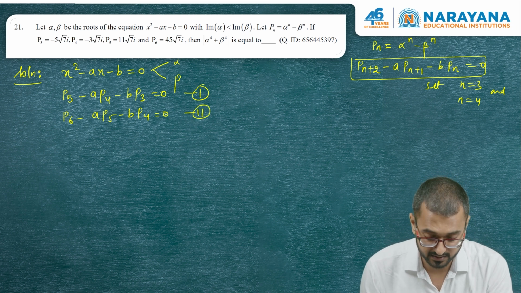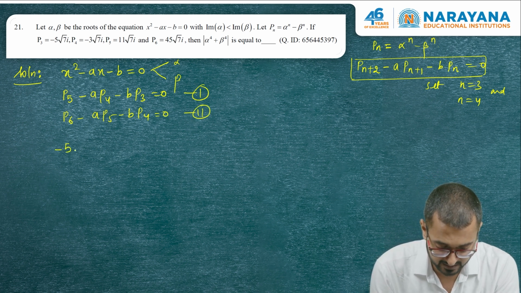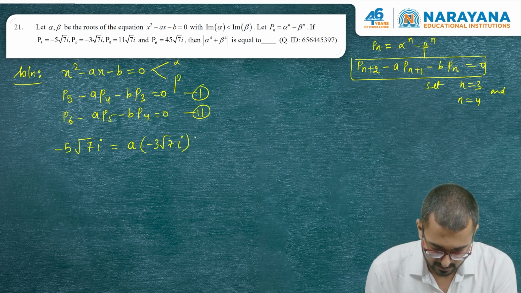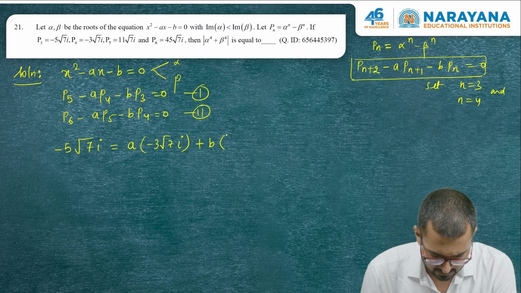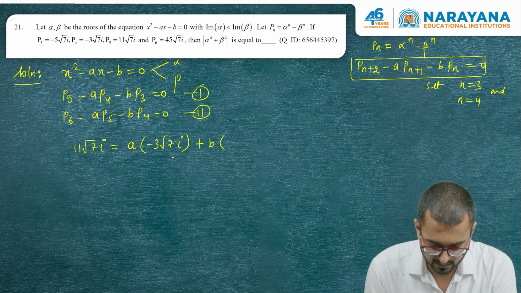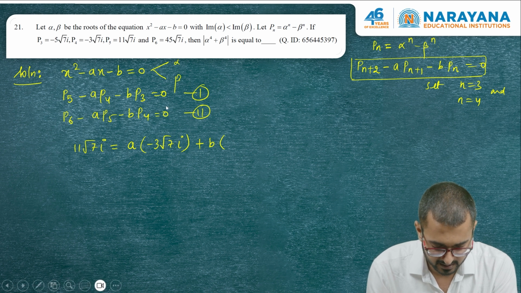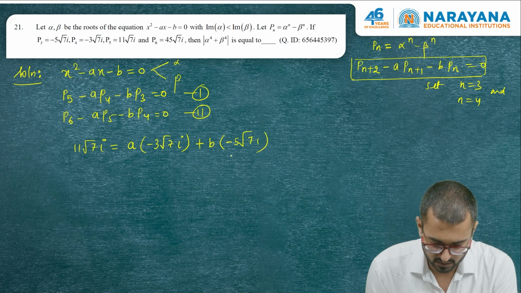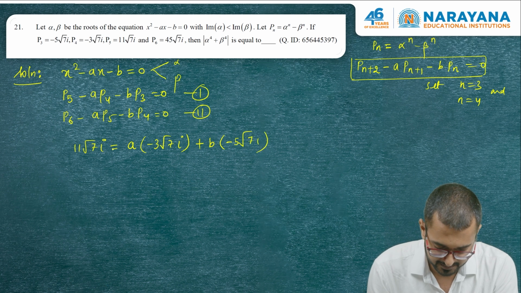And now all these values are given to us. So P5 is given to be what? Minus 5 root 7i will be equal to a times P4, which is minus 3 root 7i, and then plus b times P3. P3 is minus 5 root 7i. So yes, and the next one will give me